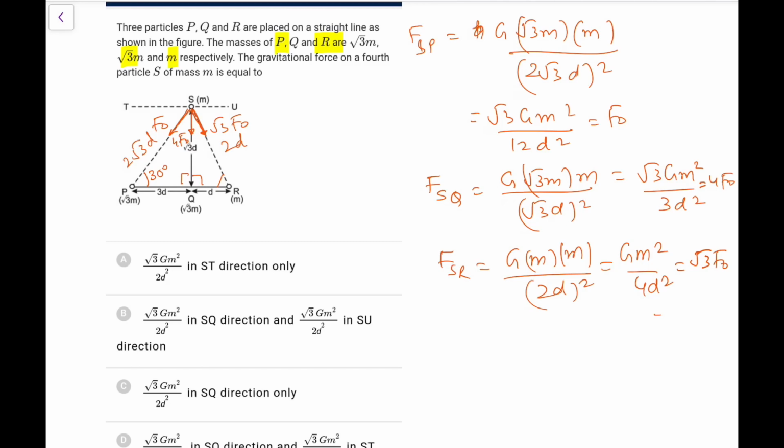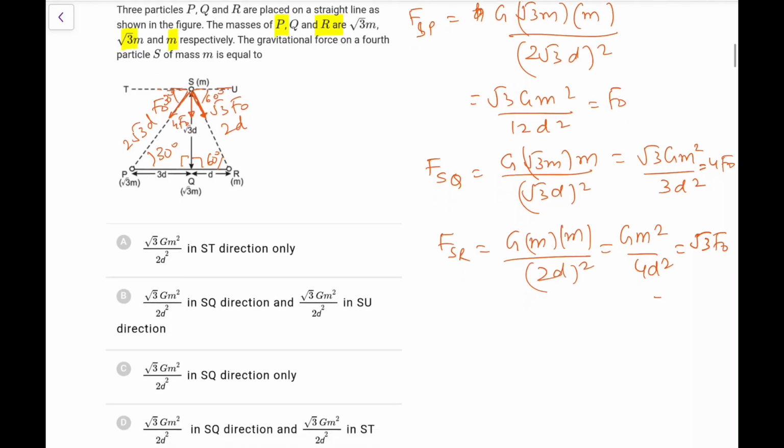So first calculate the component along this line. This angle I can make out is 30 degrees. You can easily see from here, let me draw it. See, tan theta is root 3 upon 3, that is 1 by root 3, that is 30 degrees. Similarly, tan theta is root 3, so here it would be 60. So this is 30 degrees, this is 60 degrees.